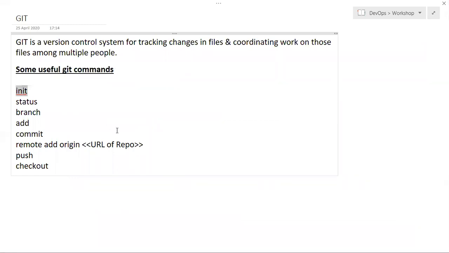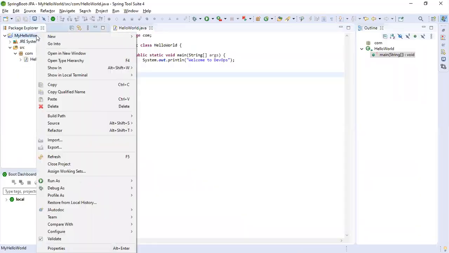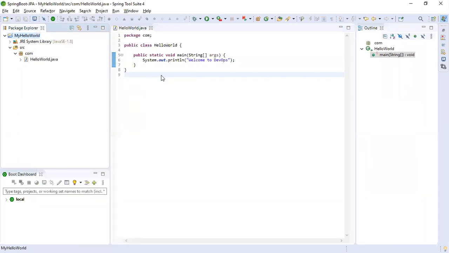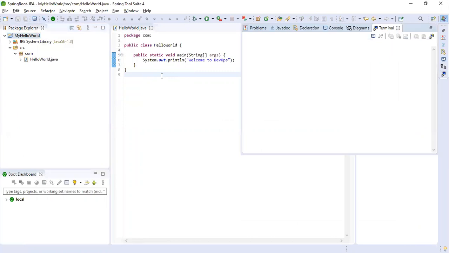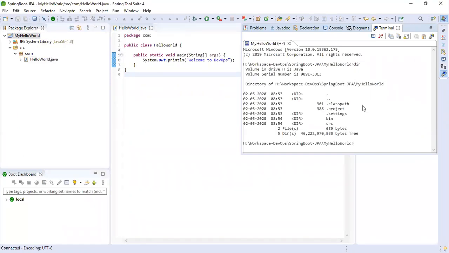Okay, so now I've come to my coding part. Here I will open my terminal. So in the local terminal, I'm going to initialize with the commands.